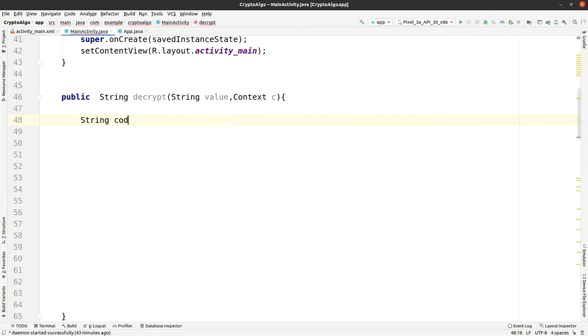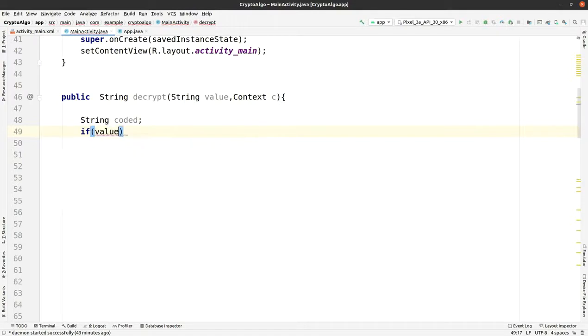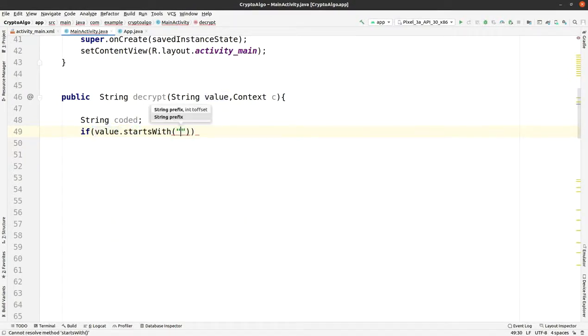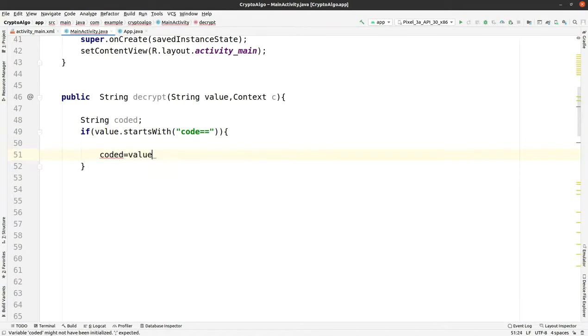So here we are having the string coded, and then we are checking if the value starts with "code==", as when you encrypt the text, the encrypted text value started with "code==". That's why we are taking that, and then we will just trim it out.